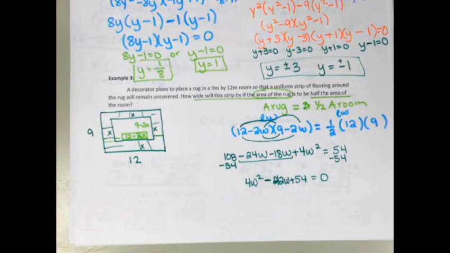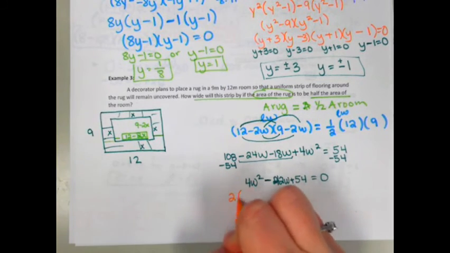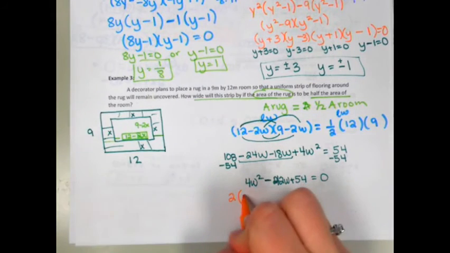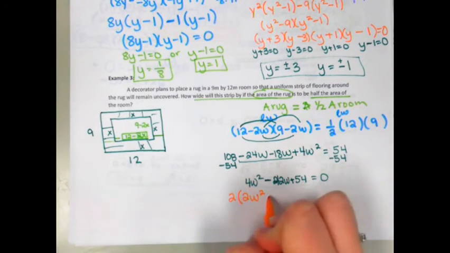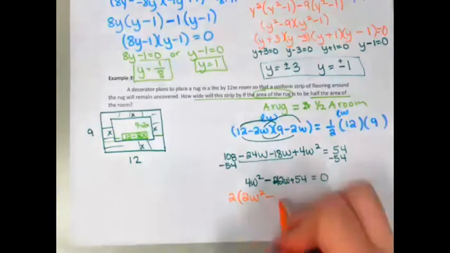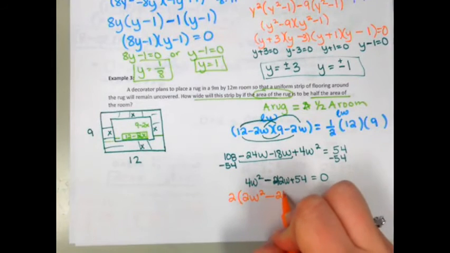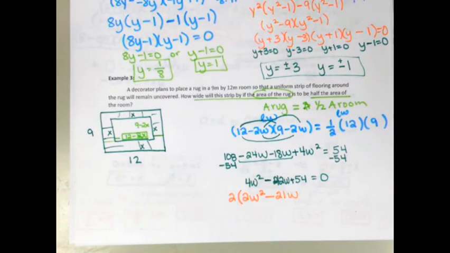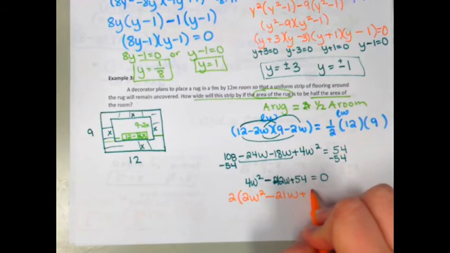Okay. Now, do we know how to solve this? Yeah. What do we have to do? We factor it, don't we? Yeah. Do we have a GCF? Yeah. What's my GCF? Nothing 2, 2. All right. So if I take a 2 from 4w squared, I'm left with 2w squared minus 42 divided by 2 is 21 plus 54 divided by 2 is